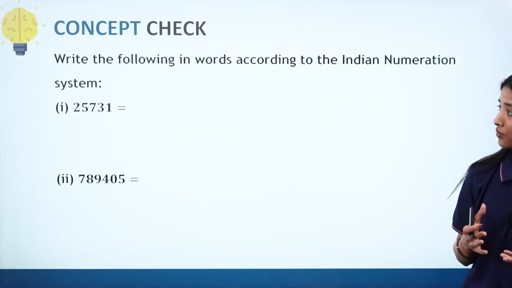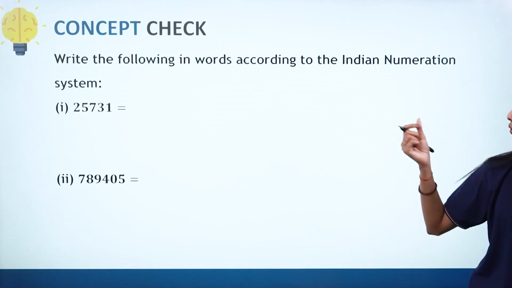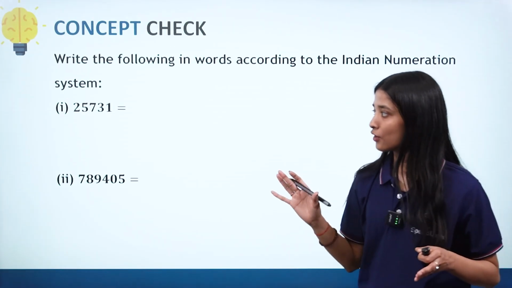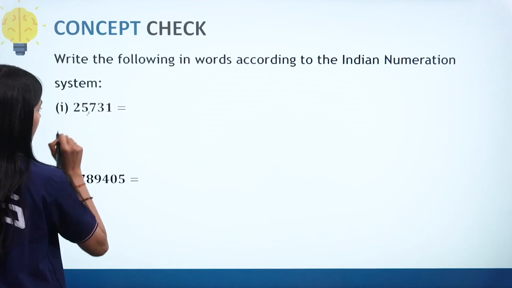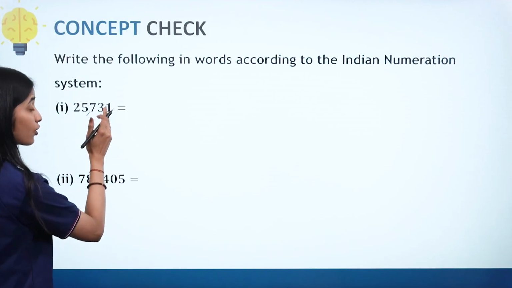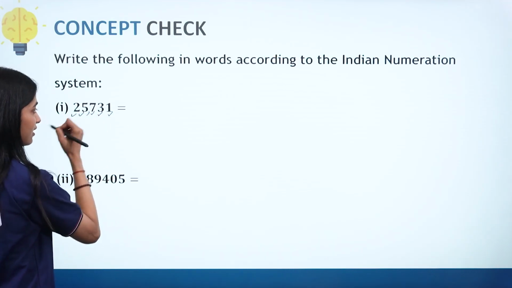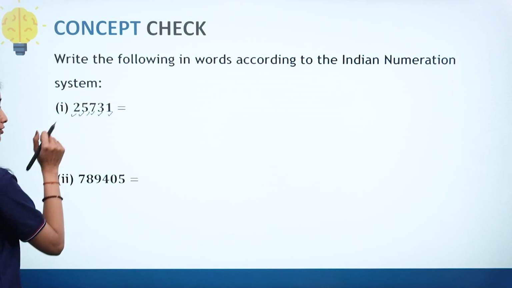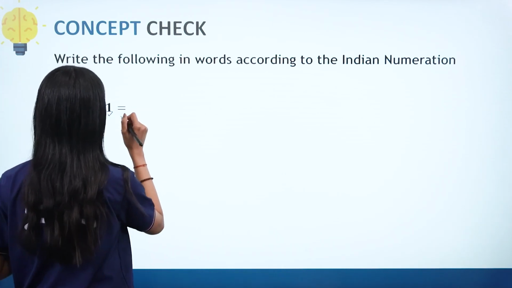Next, we have some more questions. Again, we have to write in words according to the Indian numeration system. The first one is 25,731. If we start reading from here, this is ones, tens, 100, 1,000, 10,000, right? So we can easily express 25,731